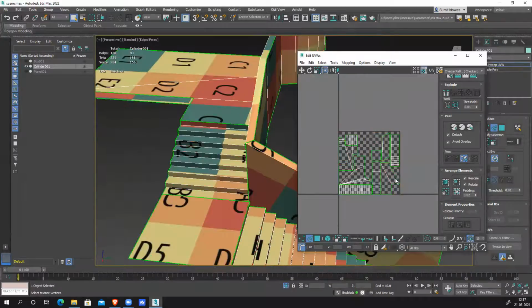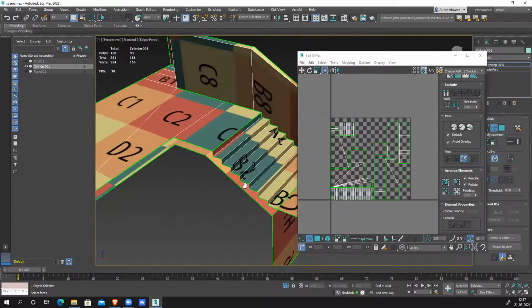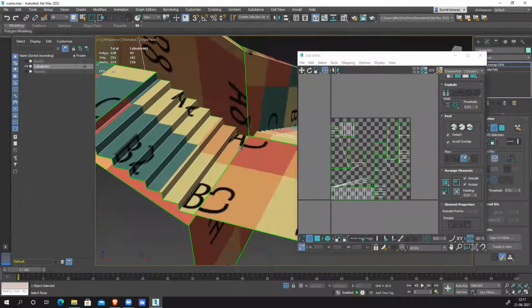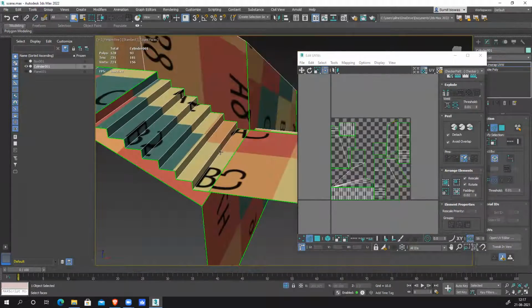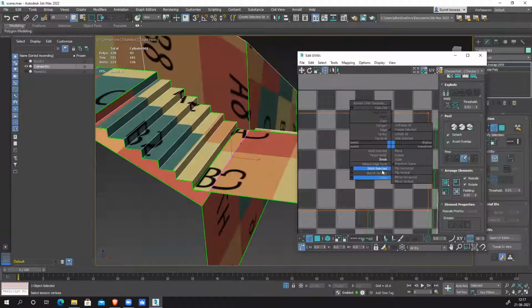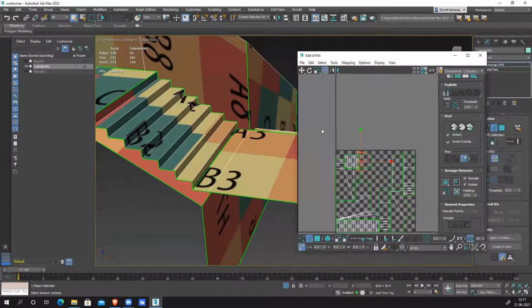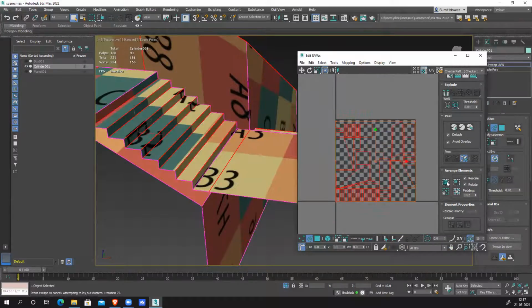Again, pack it. So you can see based on the texture, I'm breaking my UVs. And for this wall, this should continue here. Oh, my bad. Break it, select this one. Stitch selected. Select this.